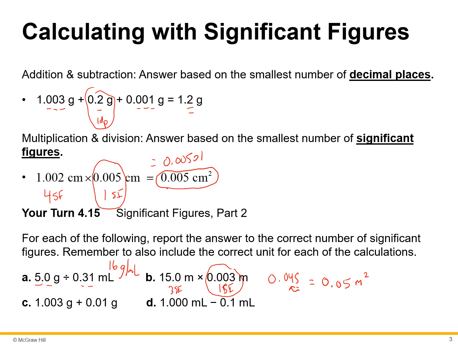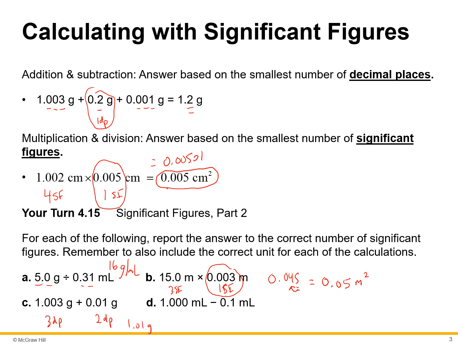Our next example is adding or subtracting. Therefore, we use the least amount of decimal places. Here we have 3 decimal places, and we have 2 decimal places. Therefore, our answer will have 2 decimal places. This comes out to 1.01